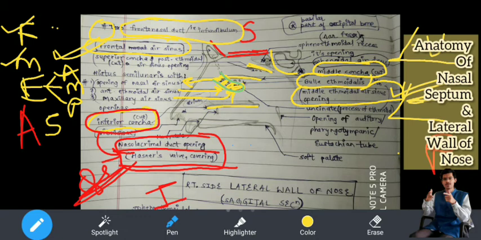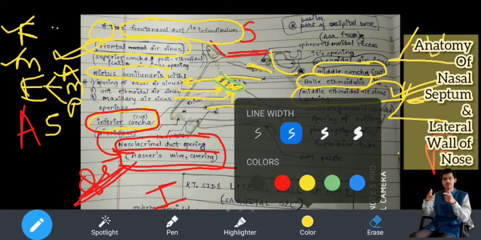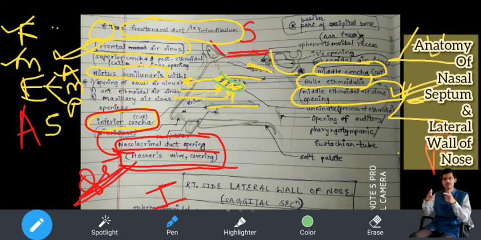One more thing. See, bulla ethmoidalis जो elevation है उसके ऊपर एक स्ट्रक्चर है जिसका नाम है hiatus semilunaris. उसको hiatus semilunaris क्यों बोलते हैं? बुला इथमोइडलिस के ऊपर नहीं है. सॉरी. बुला इथमोइडलिस के नीचे. मीन्स व्हाट? सी दिस ग्रीन कलर्ड स्ट्रक्चर व्हाट आई हैव शोन यू. कैन यू सी दिस?